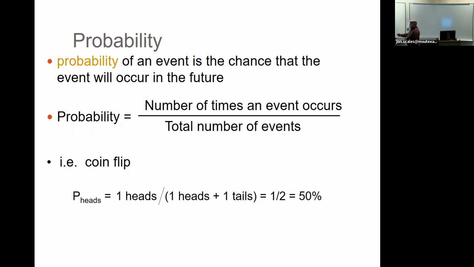If you're thinking about something pretty simple, like the 2 sides of a coin, right? You have 2 choices. It can land on one side or the other. And so one side is a head, one side is a tail. Then you've got 1 head out of 2 possibilities, or 1 tail out of 2 possibilities. So the chance of being heads is a half. The chance of being tails is also a half.